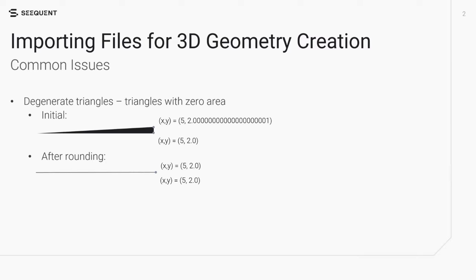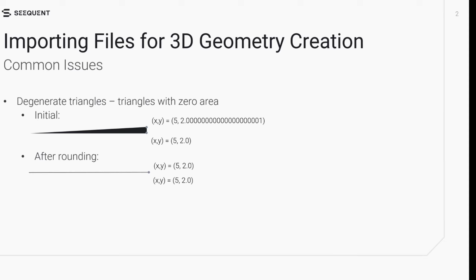Firstly, your geological model volumes or step files may not import because there are degenerate triangles present. Degenerate triangles occur when one or more sides of the triangle is extremely small. If the geological model volumes are being imported from Leapfrog, this can occur because there is no tolerance to the numbers generated in Leapfrog. Therefore, a number can have 64 bits of precision, and triangle edges can be very, very small. When these triangles are brought into GeoStudio, where there is a set tolerance, numbers get rounded to a fixed